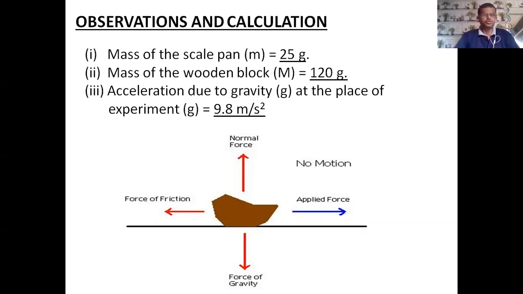Now, you are shown a diagram. This diagram is from standard 9 or 10. It shows a plane surface horizontally, and on that surface we use a simple object. Suppose you want to move this block or object: the normal force comes from the upper side, gravity comes from the lower side, and we use an applied force. So normally we find the force of friction here.